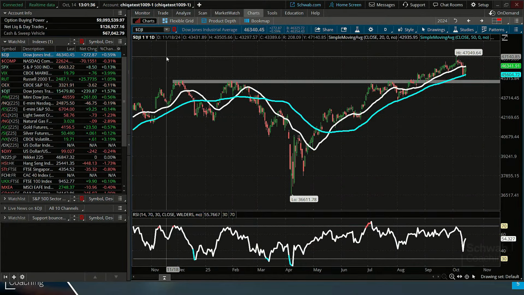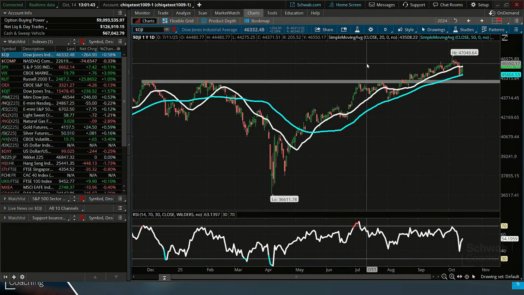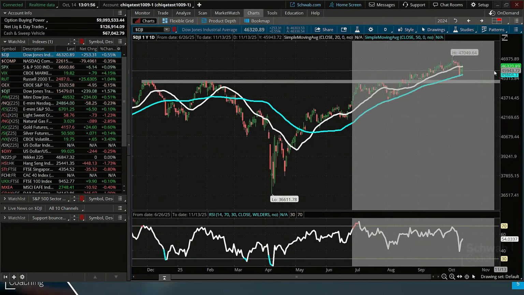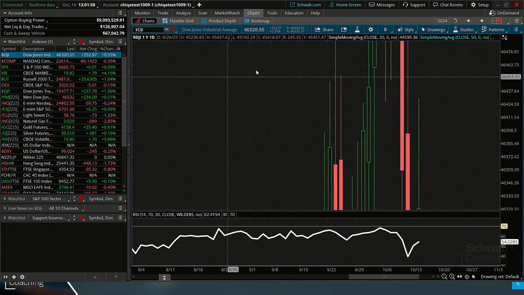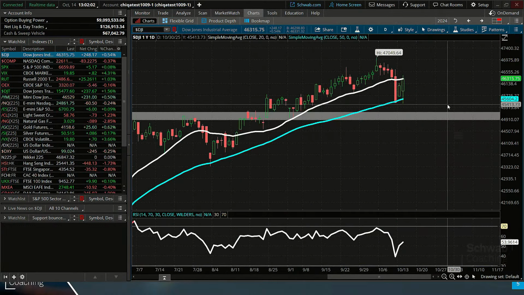So first, just starting with the Dow, we've had a little bit of a pullback in the last few days. We broke through the 20-period simple moving average, but we're still holding major levels of support here. So I zoomed out on the 1 year, 1 day, just to show this major horizontal level of support there, which is right around 45,000 or so. But if I look a little bit closer, we can just see some of these areas that have been violated and we're trying to kind of bounce back from.